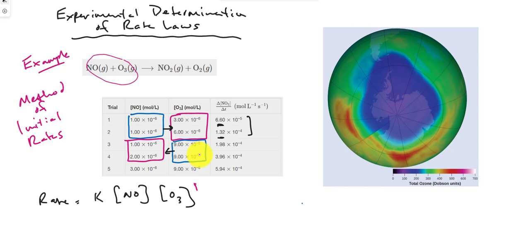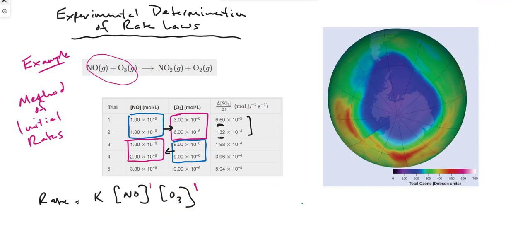So conveniently, the way this table is set up, if you look at trials 3 and 4, ozone concentration is fixed, and conveniently NO concentration doubles. So what happens when we double that concentration and ozone remains fixed? Well, these numbers double, the rate doubles, and so we can say that this order is also first. And so we could say that the reaction rate is first order in NO, and first order in ozone, and